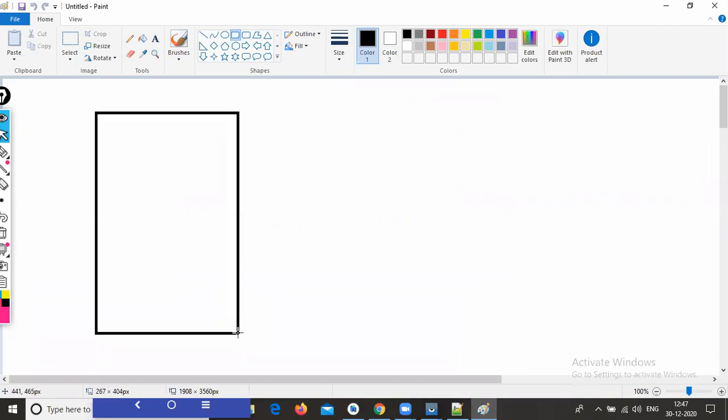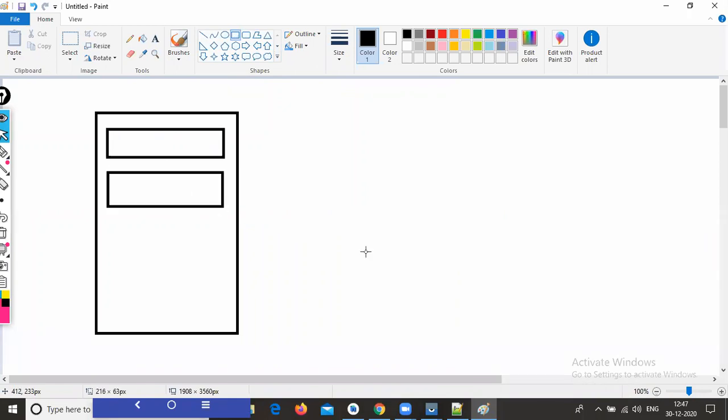See, let us assume this is your mobile screen. In the mobile screen we are creating some design.